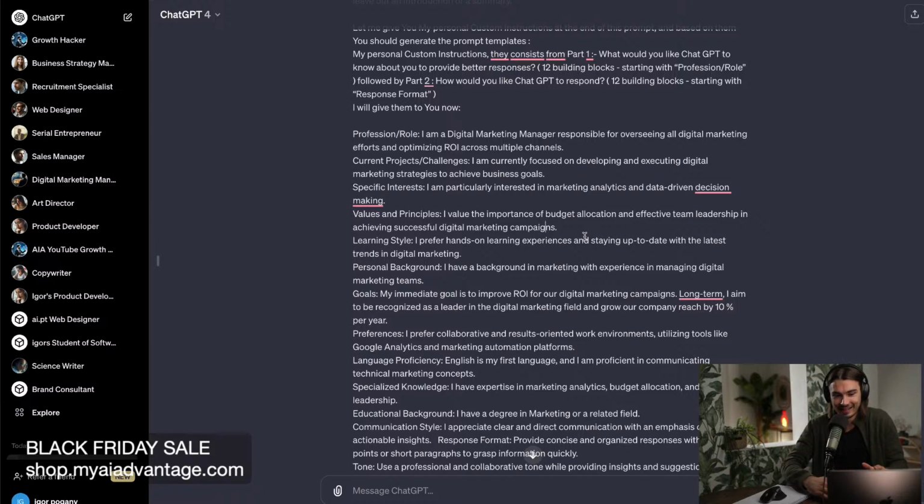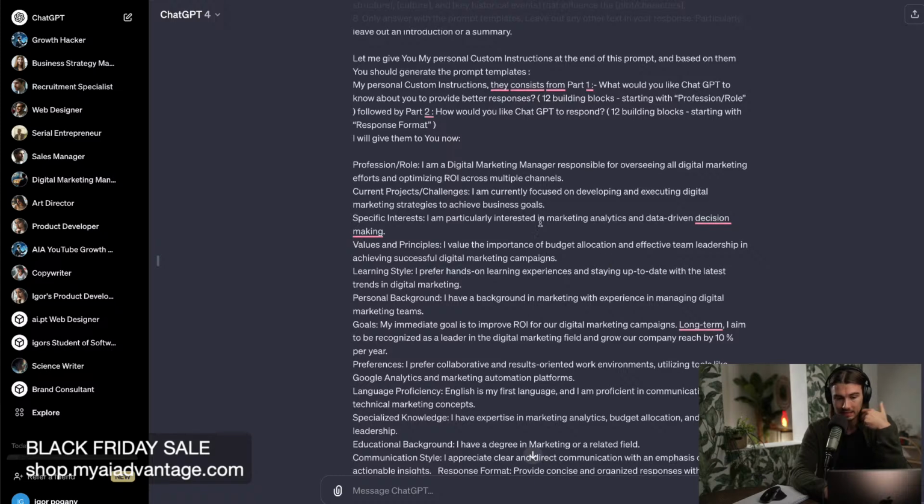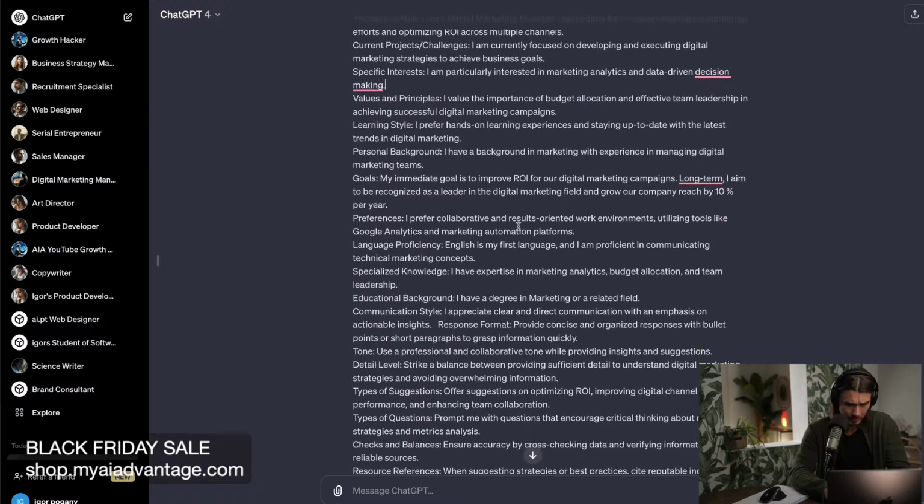We're covering all this, how it's set up. We're covering the prompt factory. We're going to cover even more, but basically you would want to go in here and customize this for yourself. So one of them here is preferences. This is also an important one to customize. Collaborative and results-oriented work environments utilizing tools like Google Analytics and marketing automation platforms. So a great thing I could do here is be like,